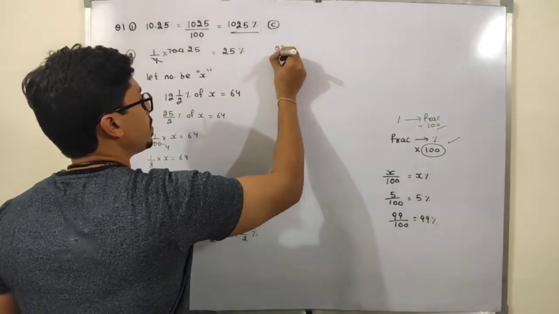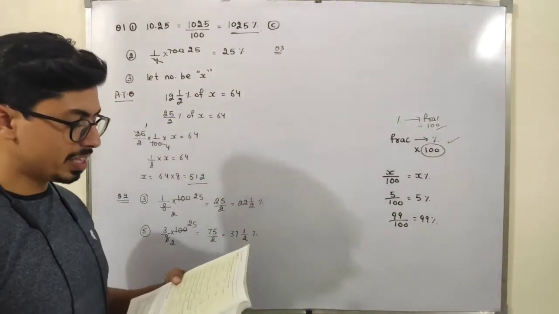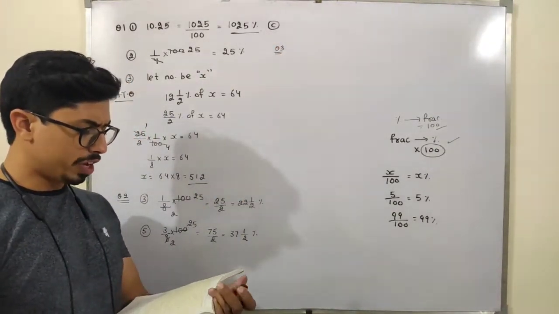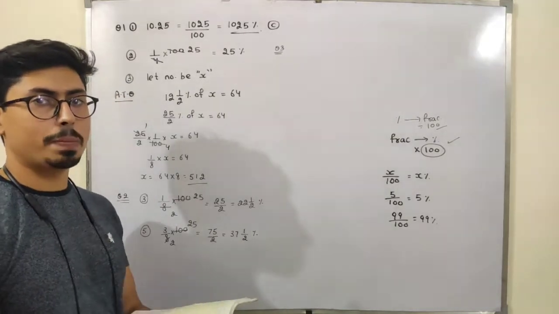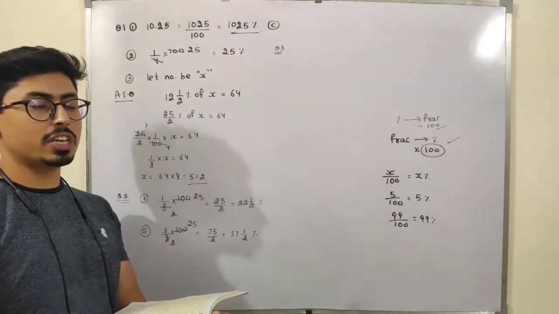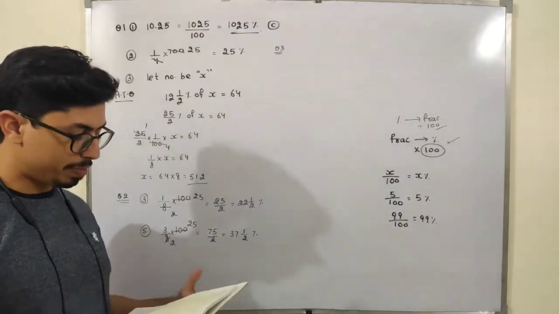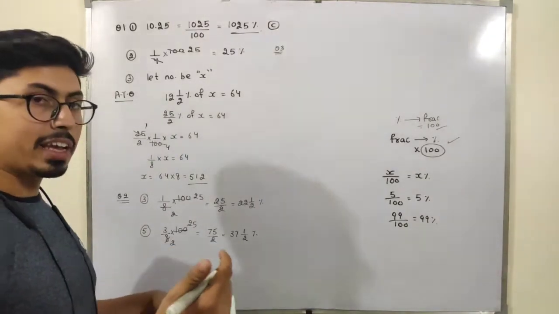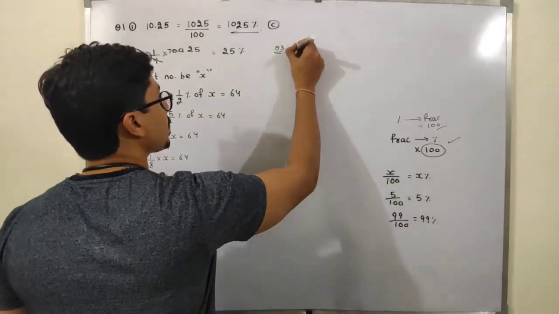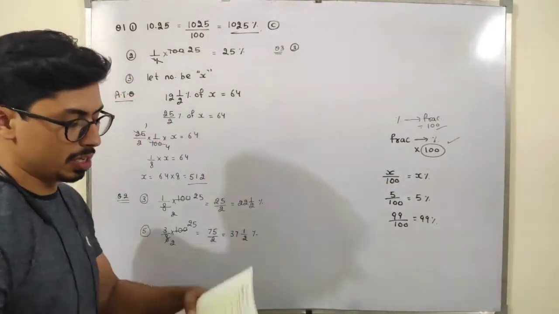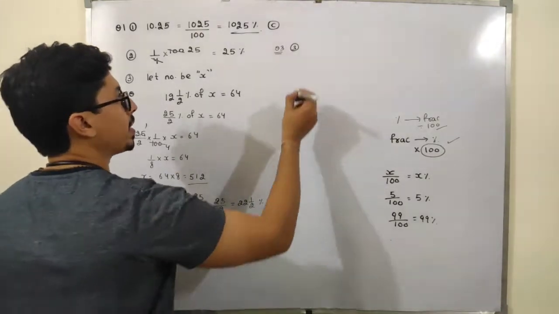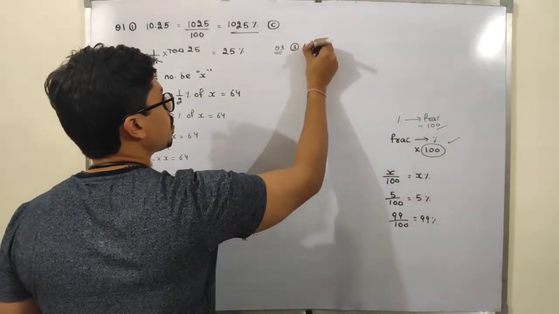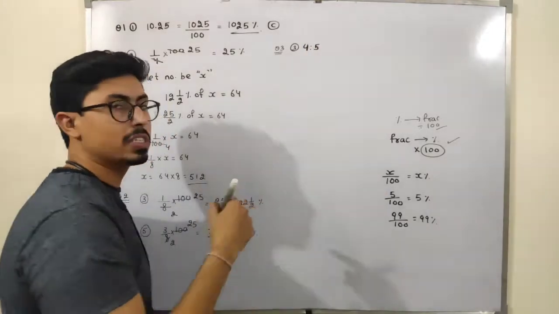If I discuss question number third, see, in this, express each of the following ratios as a percentage. I have to convert these ratios into percentages. Similarly, see students, ratio means the fraction. Like if I take the third part of this particular question, it is 4 by 5. The ratio is 4 by 5, and I have to convert this 4 by 5 ratio into the percentage value.